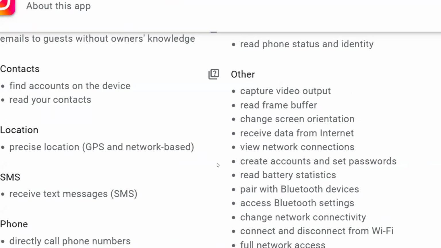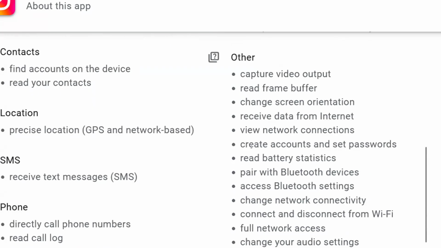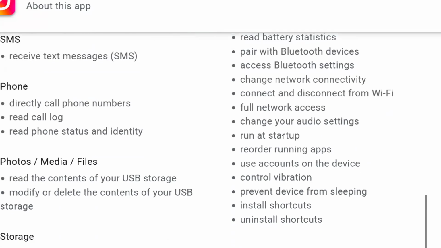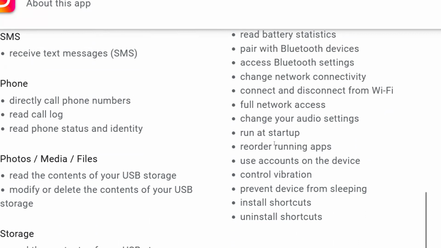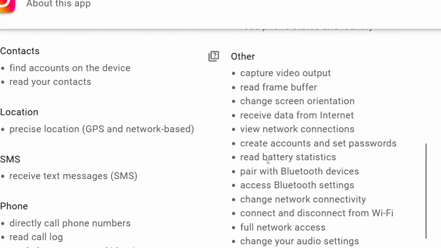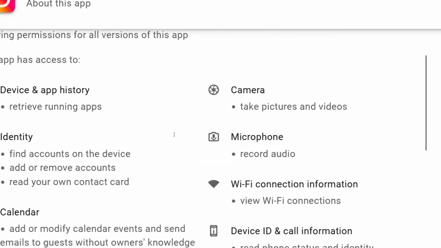You install the application and everything is good. They are able to control your Wi-Fi connections. They have your full network access. They can change your network connectivity, right? There is nothing left. Everything is there.